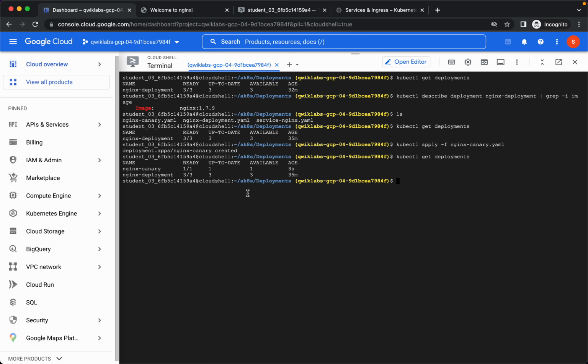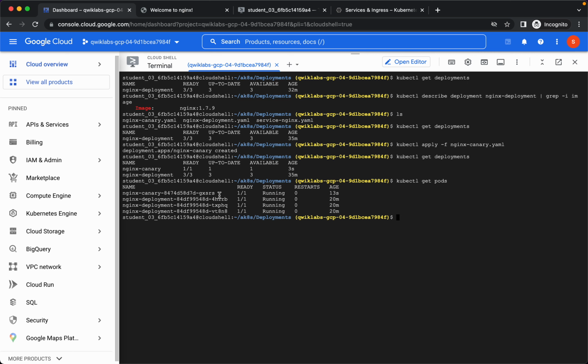And we see that there is a new deployment, Nginx Canary, which is having one pod of newer version. So now we have two versions of deployment running at the same time. In total we have 4 pods. These 3 pods belong to the first deployment that we created, and this pod belongs to the second deployment that